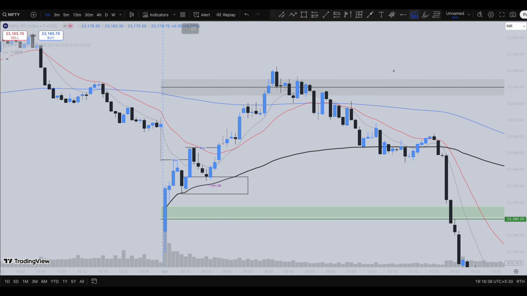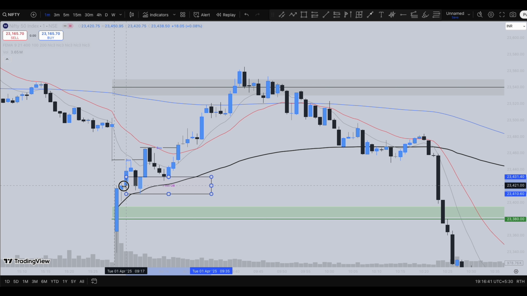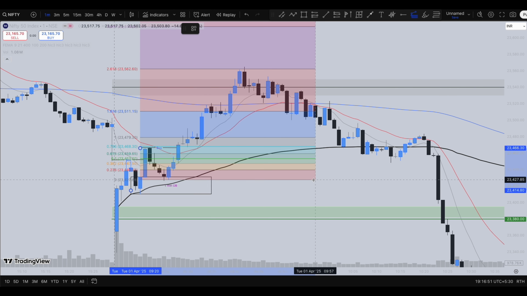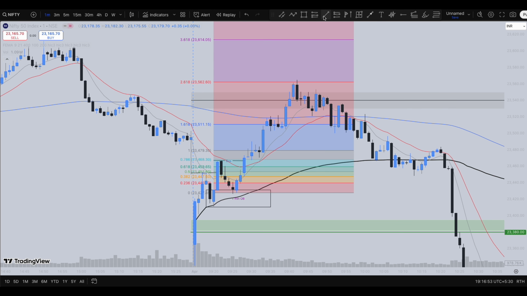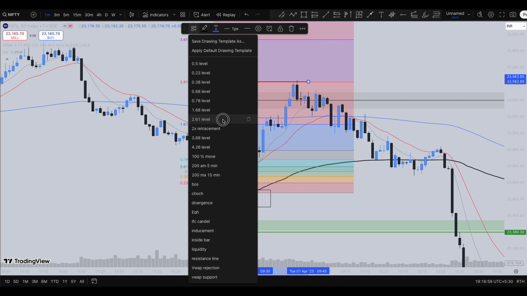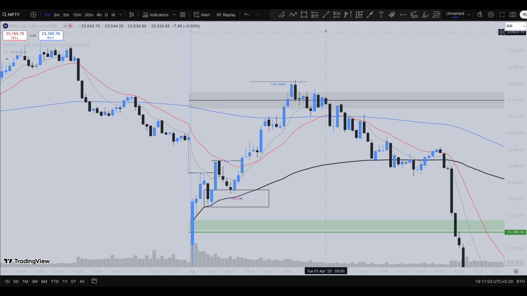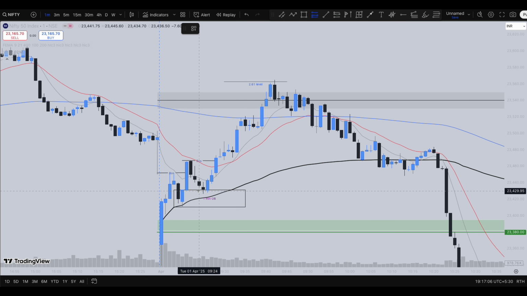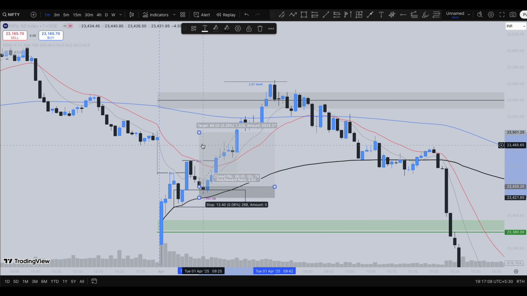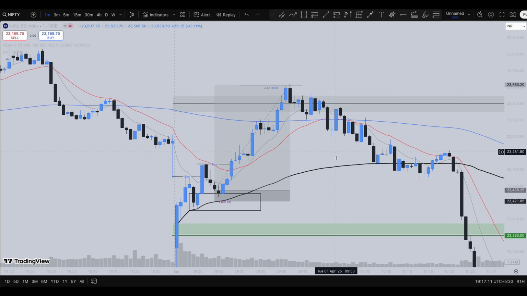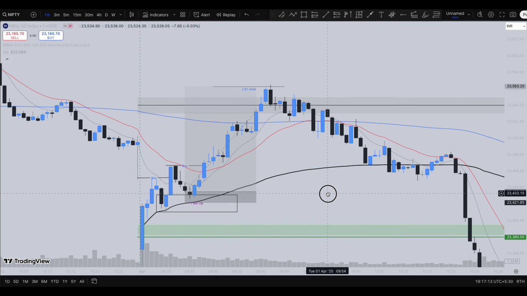So if you try to plot the fib extension levels, guys, the fib extension levels of this zone, the common point between this, to the common point between this, to the common point between this, you can see you could have easily targeted the 2.6 level over here. This is the 2.6 level. And in case if you try to enter, you could have entered keeping your stop loss just at that level and targeted all the way to 2.68 level. This is the trade where you could have easily traded.